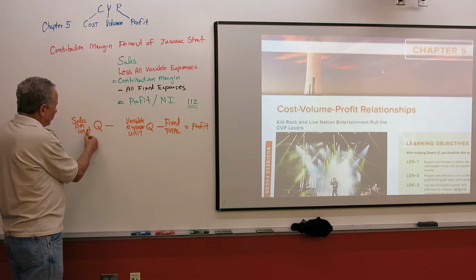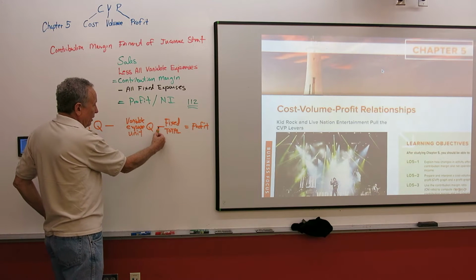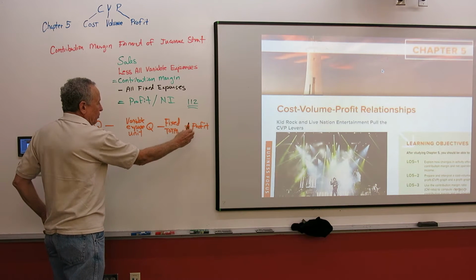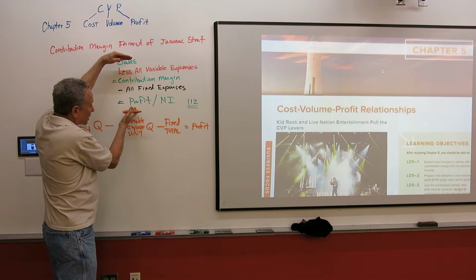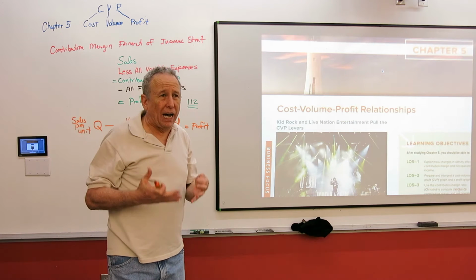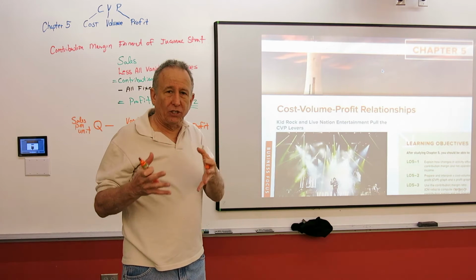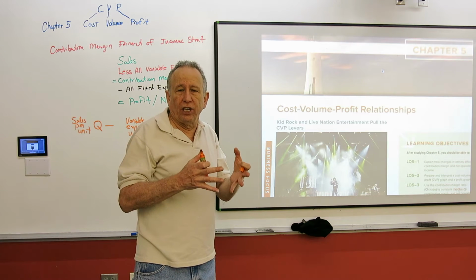But take your sales times some quantity minus your variable expenses times the same quantity minus fixed in total, and you'll get your profit. We can use this equation, which is essentially this, to solve for many, I would say it'll always be a positive answer, but we can find out either the positive or negative effect of any kind of change in cost or change in volume or,